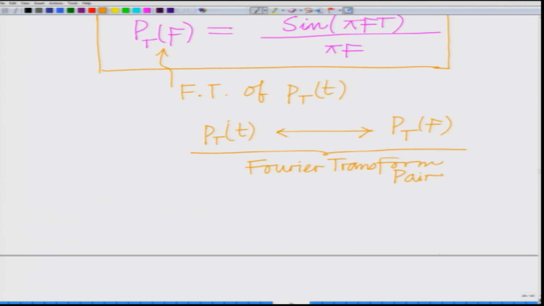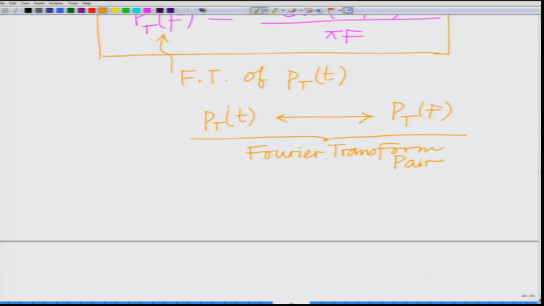And in fact, now I can also write this P_T(f), which is sin pi f T by pi f,